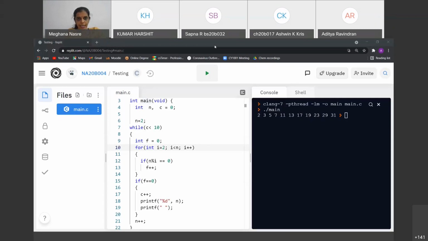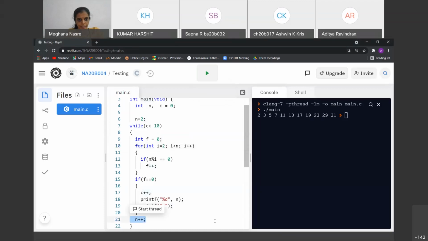Also, you see that this n++ is happening irrespective of what happens, whether we have the prime or not. Line 21, Aditya, maybe you can highlight it again. This is happening irrespective of whether we find that n to be prime or not, and we increment this n, and we keep continuing this. And note that the C or the counter is incremented only when the flag happens to be 0 for a particular n. And only when we find 10 primes, we are going to have C incremented to an appropriate value, and therefore we will quit this loop.